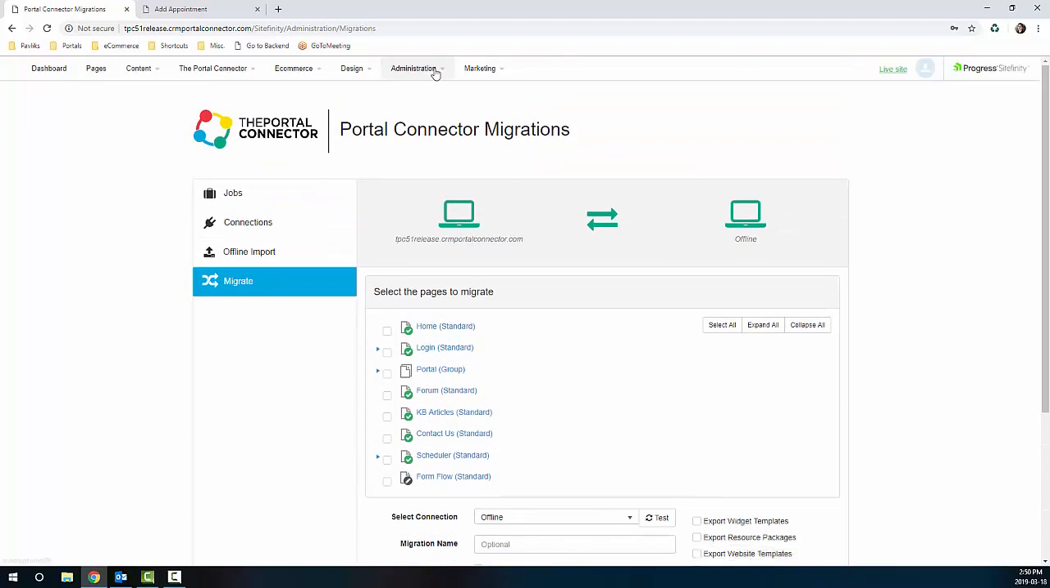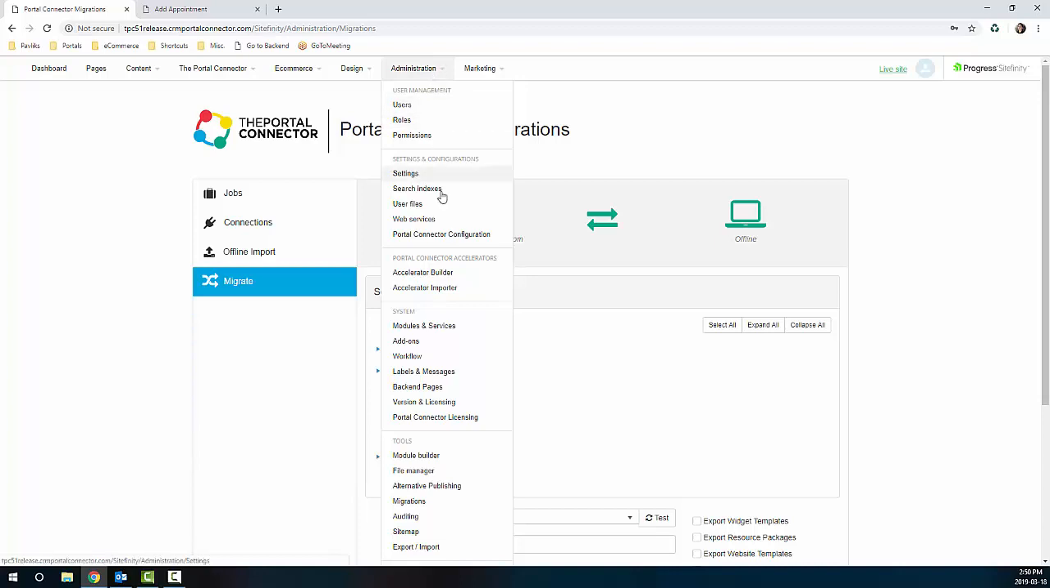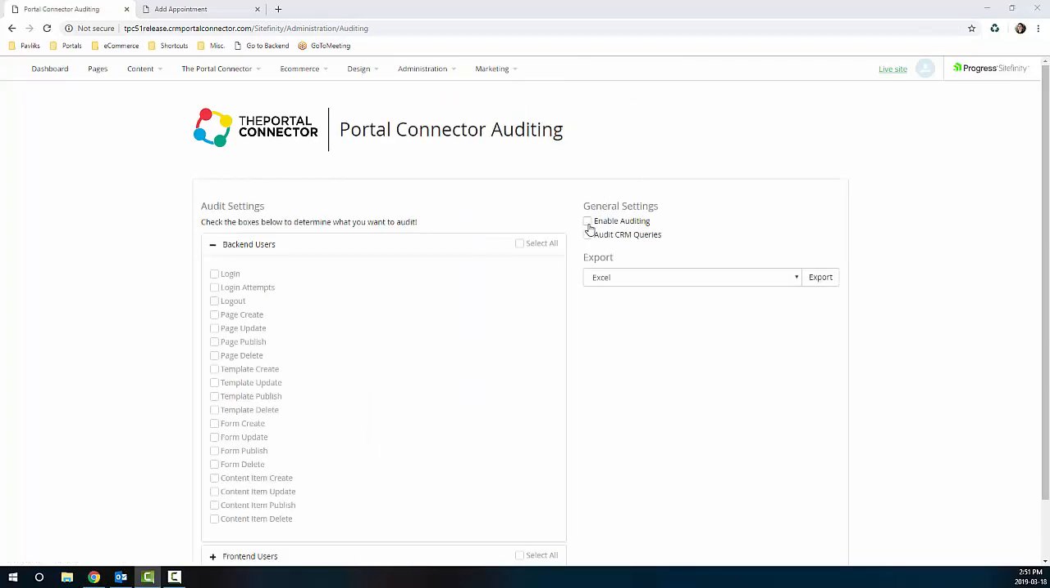Now our last feature we're going to go over today is the brand new Audit Module. Again, we can access the module from Administration, this time selecting Auditing. Here we can choose to enable auditing and enable the option to track all queries that are made to our CRM. On the right, we can enable auditing of back-end user behavior, choosing to track either all or individual user data behaviors, including logins and logouts, login attempts, as well as page, template, form, and content item creation, updates, publishes,